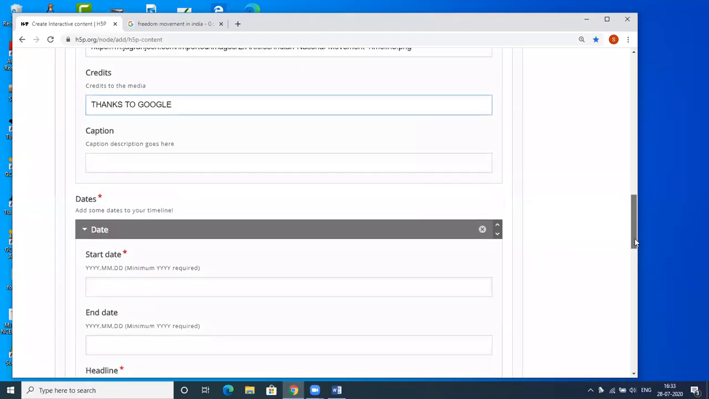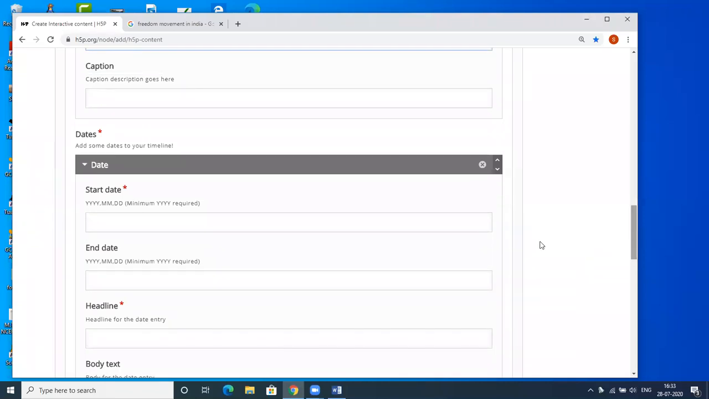I'm just scrolling down. Yes, we are now coming to the actual timeline. Timeline means it's a time period. So dates are very important here. Add some dates to your timeline. Here you can see the way we are going to give the dates here. If you know the exact dates, you can give the year,